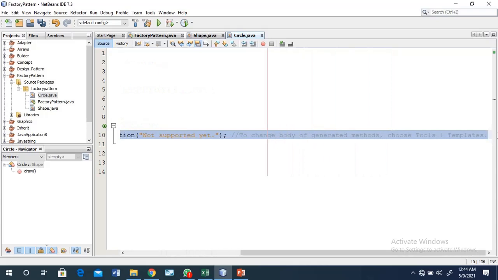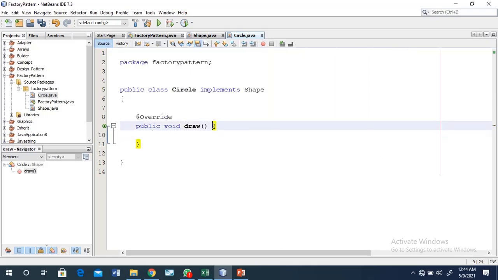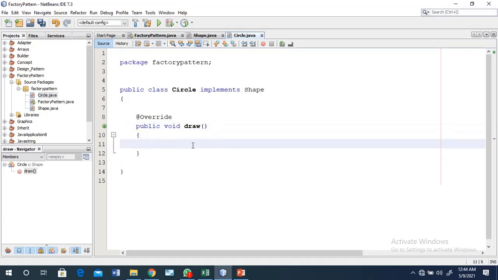It is a simple concept, and I delete that line because we are just testing; that line is used to handle the code at runtime, a concept of exception handling.